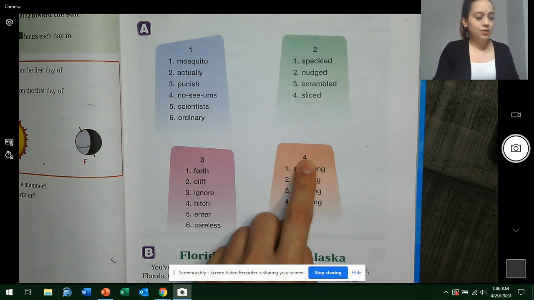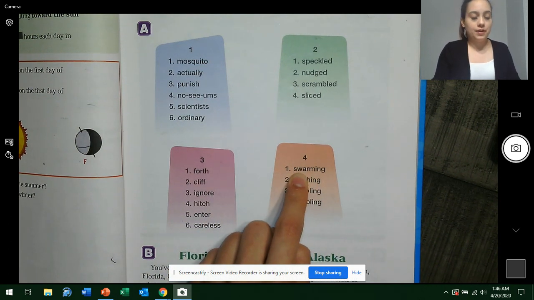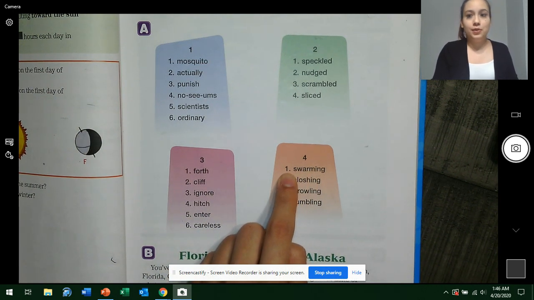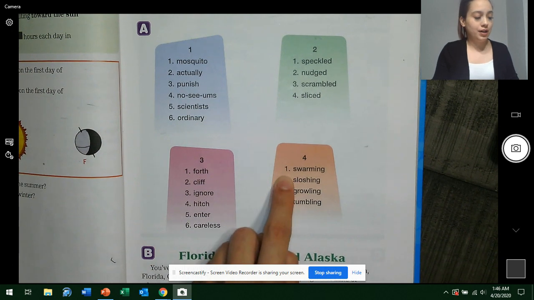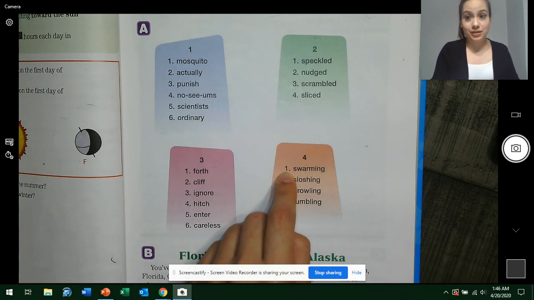Careless. Let's go to column 4. Ready? Fingers on word 1. Word 1. What word? Swarming. Word 2. What word? Sloshing. Word 3. What word? Growling. Word 4. What word? Tumbling.